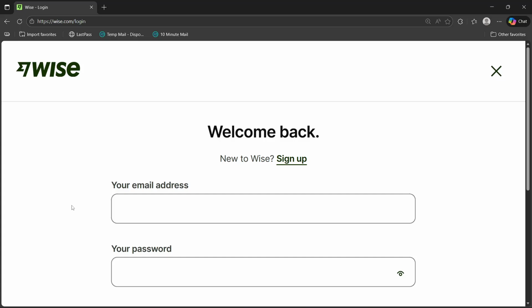And then of course, you have to manage the members by adjusting their roles, permissions, or remove members anytime in the team management. And yeah, that's how you can add your team members to Wise Business, and this will ensure a smooth collaboration and payment